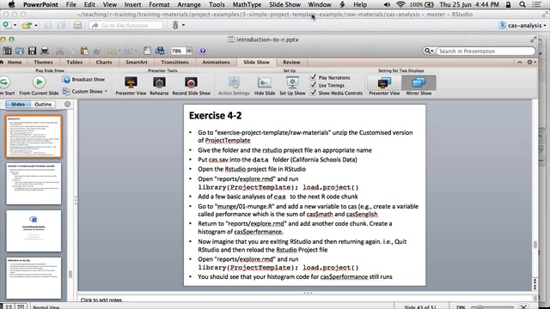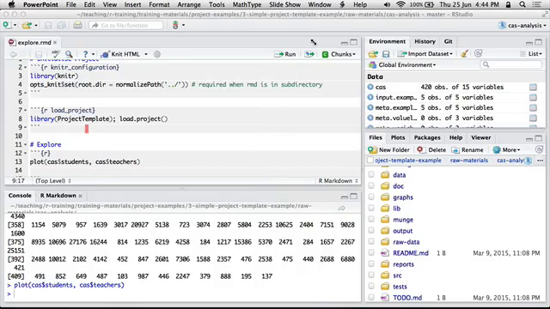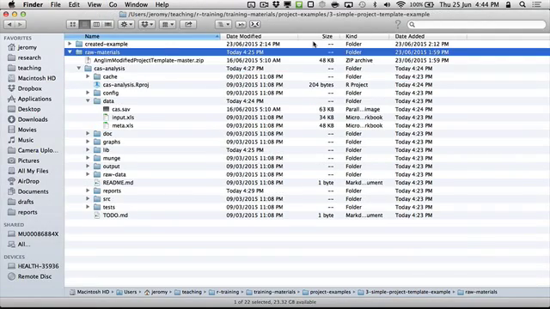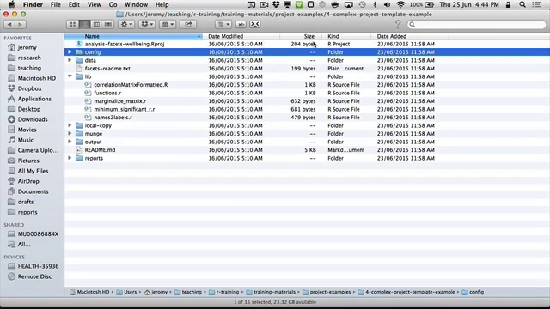Hopefully you can sort of see the potential of Project Template to organize a workflow, and I think that's one of the hardest things I found in getting started, about where to put everything. And it's a little bit of practice getting your head around where everything goes, but it can pay off in spades in terms of coordinating everything. And yeah, if you're curious, I've got a little example here of a more complex project using Project Template. So this was a journal article,